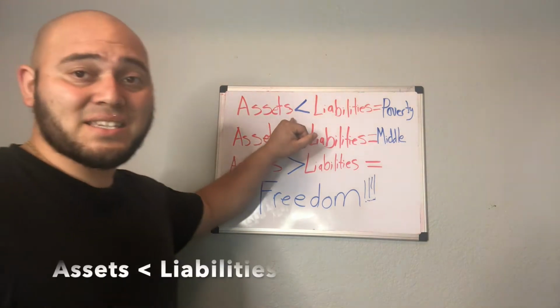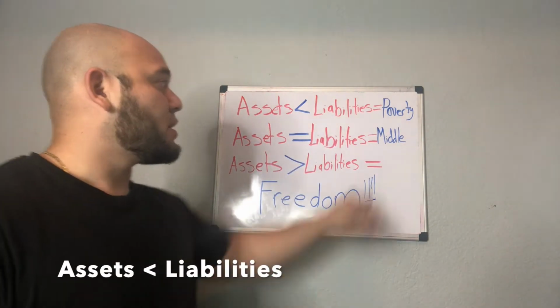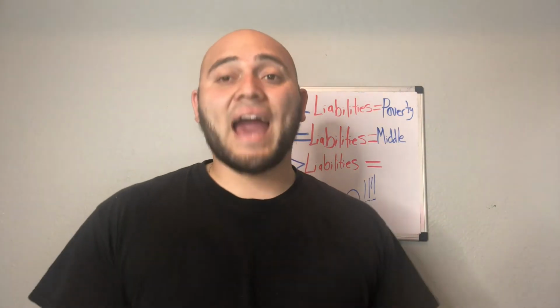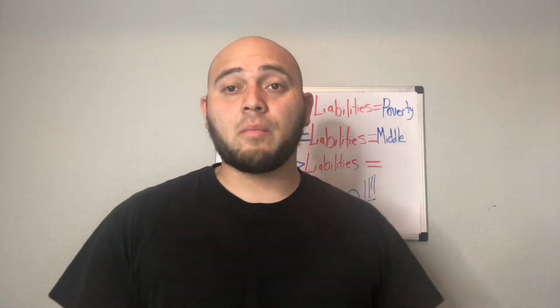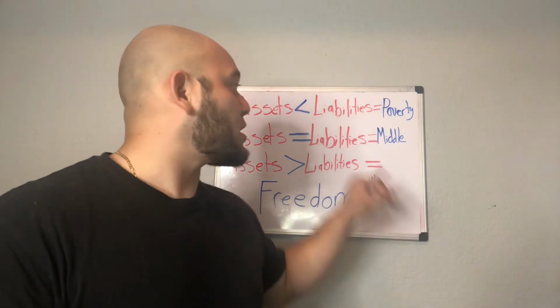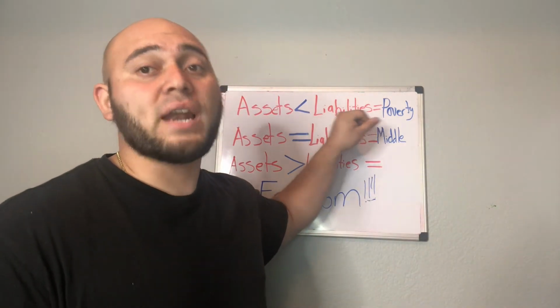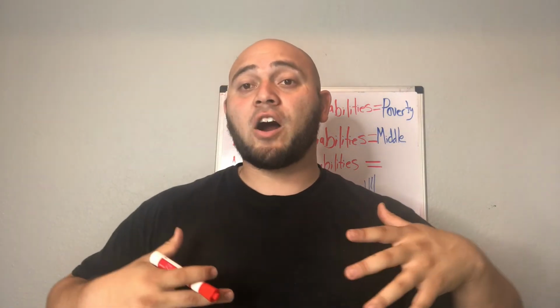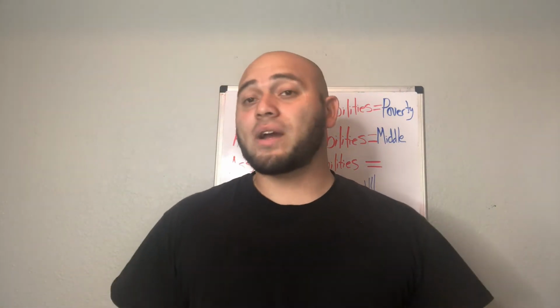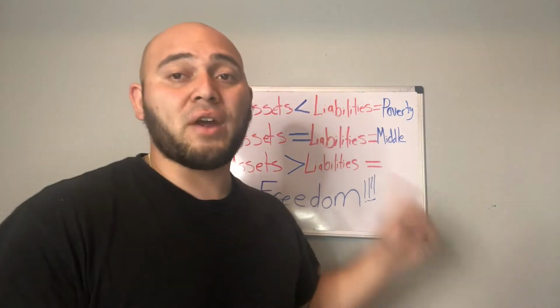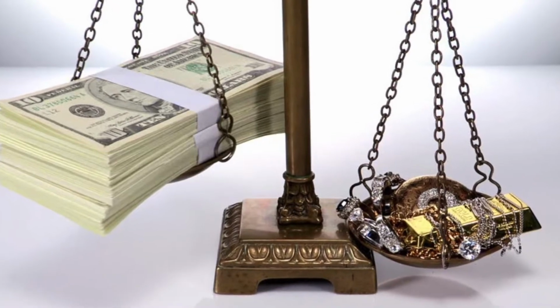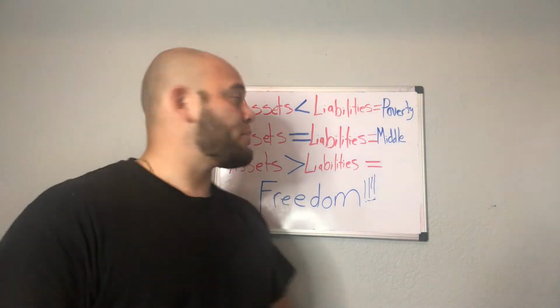If your assets are less than your liabilities, that equals poverty, okay? That means you're not generating enough cash flow. You're not generating enough income or money in your pocket to pay your expenses, your liabilities, okay? That equals poverty. That's how people become lower class or stay lower class. And even though they want to break through, they never build up their asset column to make sure it outweighs their liabilities, okay? That's formula number 1.